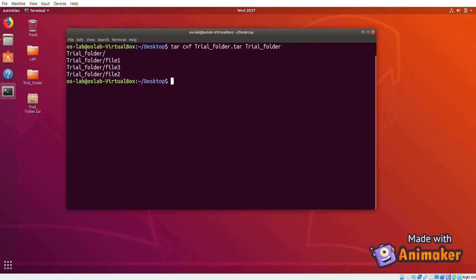So as we can see, the original folder is now archived to a .tar file, whose subfiles are also listed here. Now let us see the size of this tar file. For seeing the size of the tar file, we use the following command: